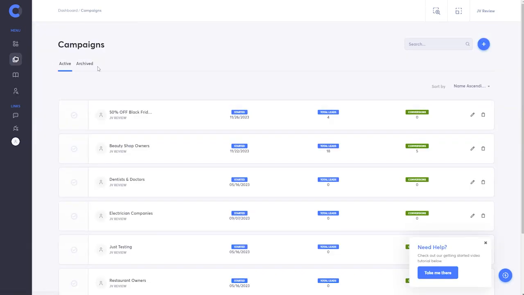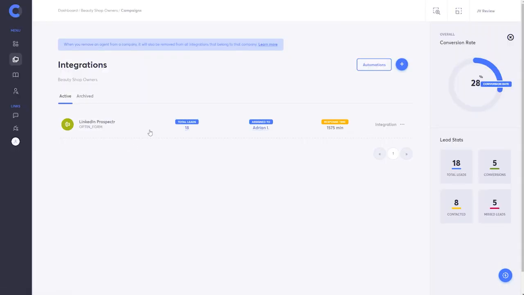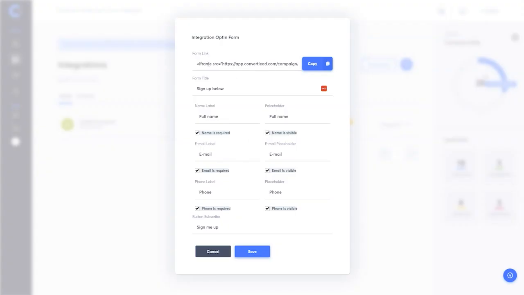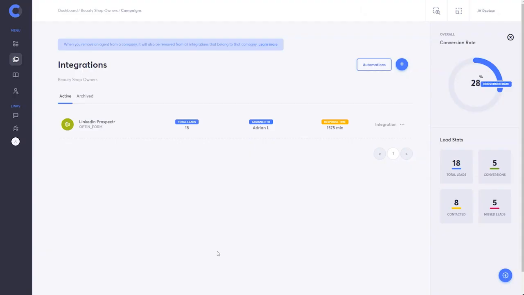Very simple. But I want to deep dive into the campaign section of the CRM as well. So in the campaign section, you can actually see all of the leads that you found and also the integrations that are assigned to it. So if you click integration, you can also place an opt-in form in any of your pages, and whoever signs up is going to be landing into your opt-in form